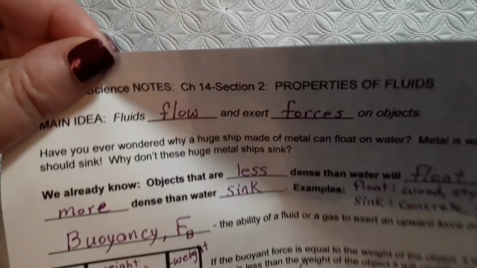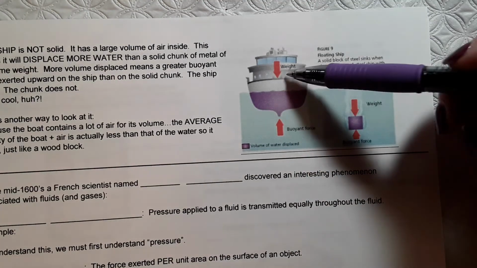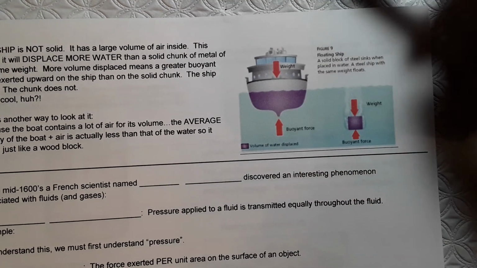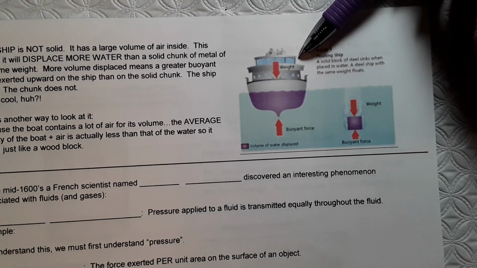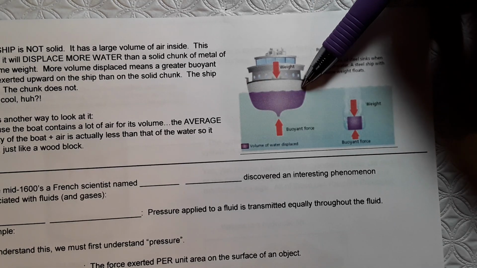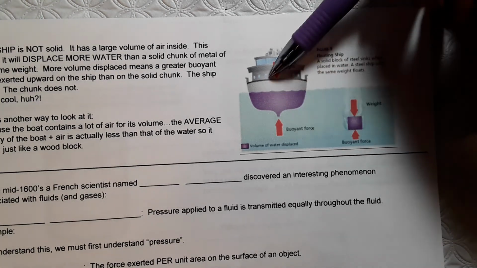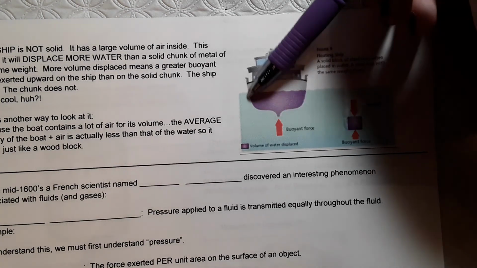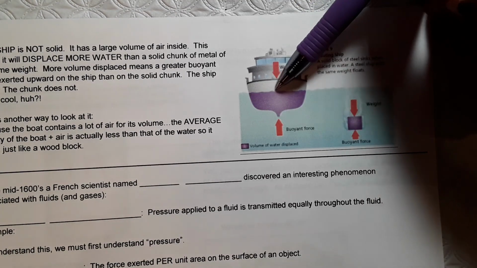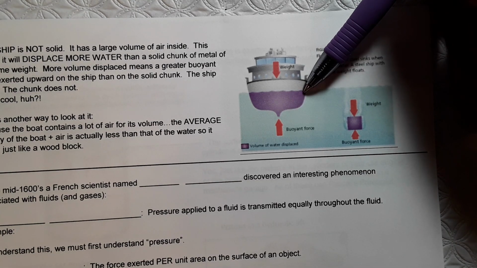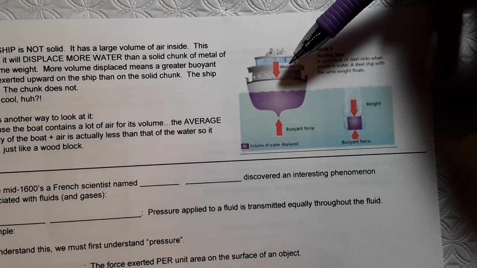Let's take a look. If you change the page, look right here. You have a great big cruise ship or any great big ship made of metal, but you've got to remember, it's not solid metal. There's lots of air pockets in here, in the hold, in the cabins, in the open public areas. There's lots of air. And that makes the volume of the ship very large. In fact, large enough that the water it displaces weighs enough to produce a buoyant force that will balance the weight of the boat and it will float.